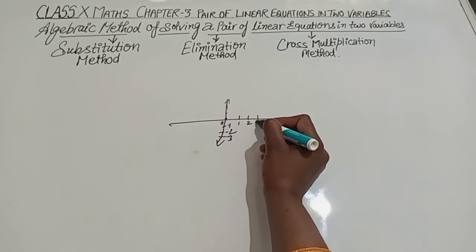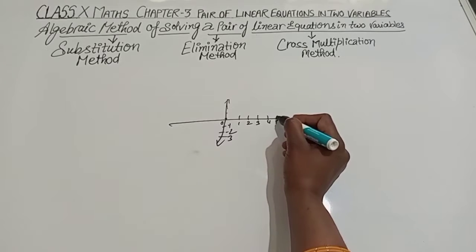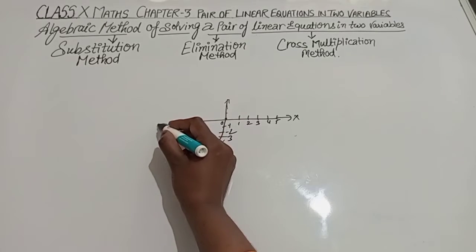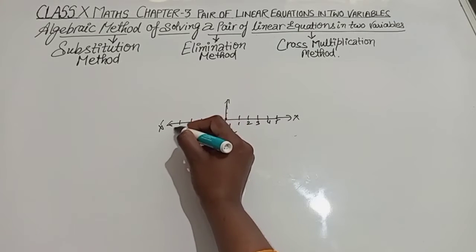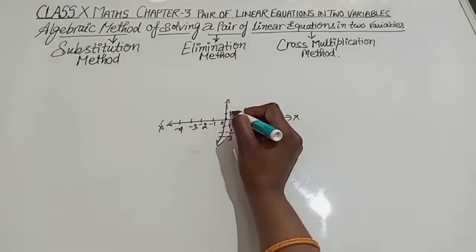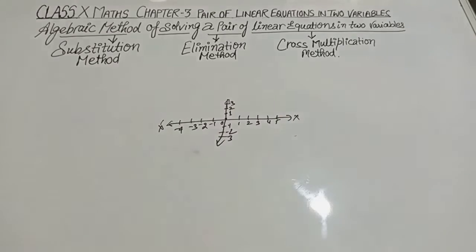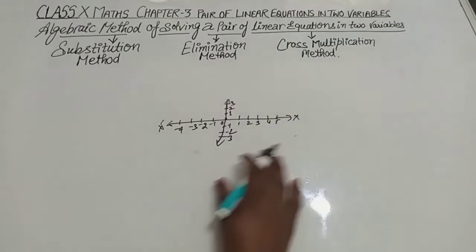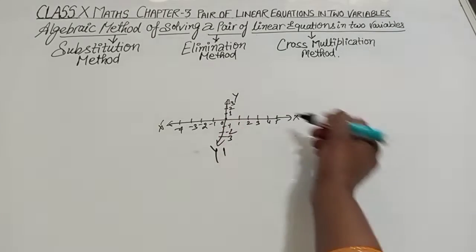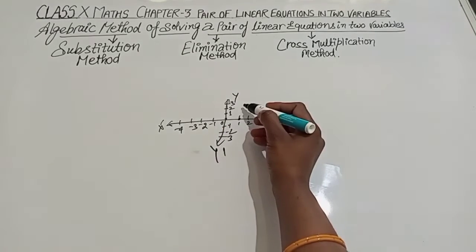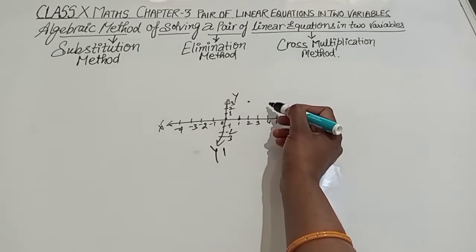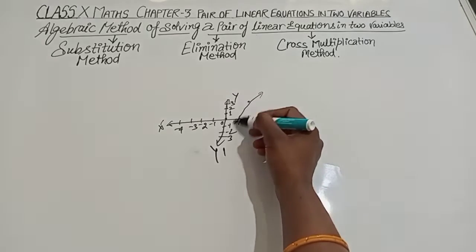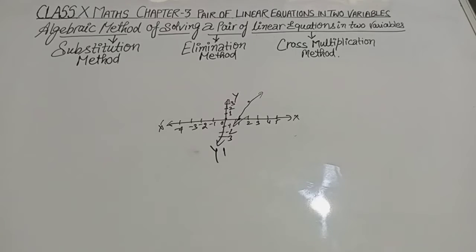So these are the points on the graph. We have got points like (1, 1), (1, 0) or (2, 3), and we join them. So here we have discussed these,